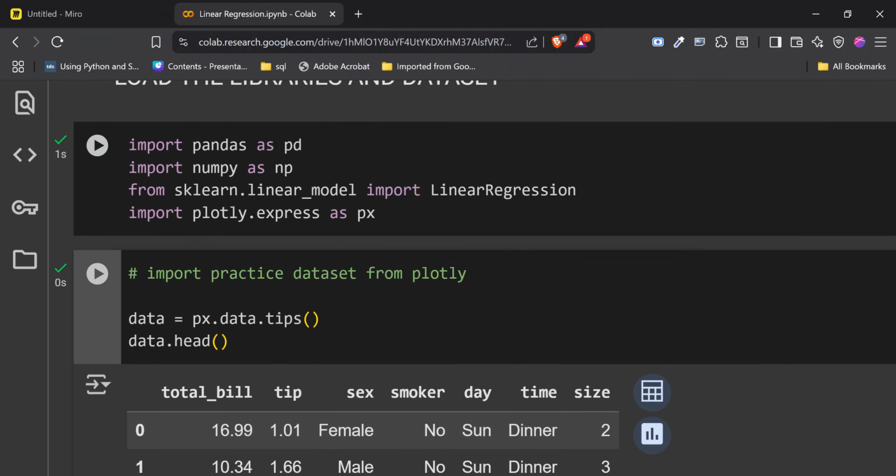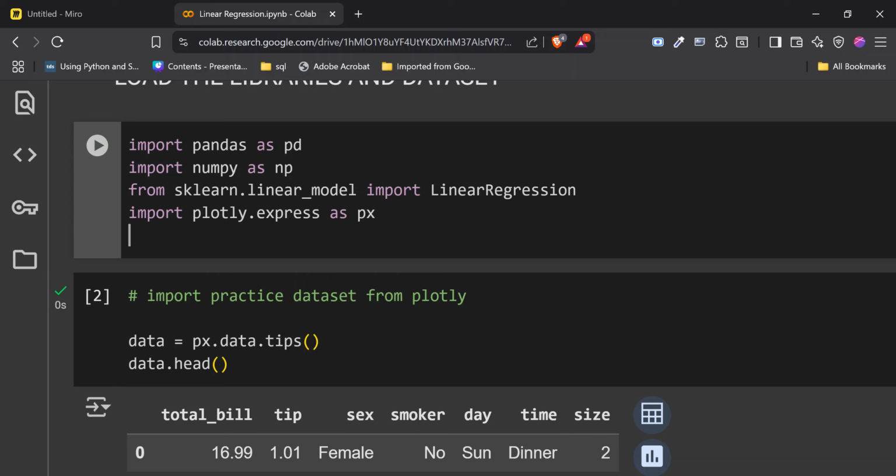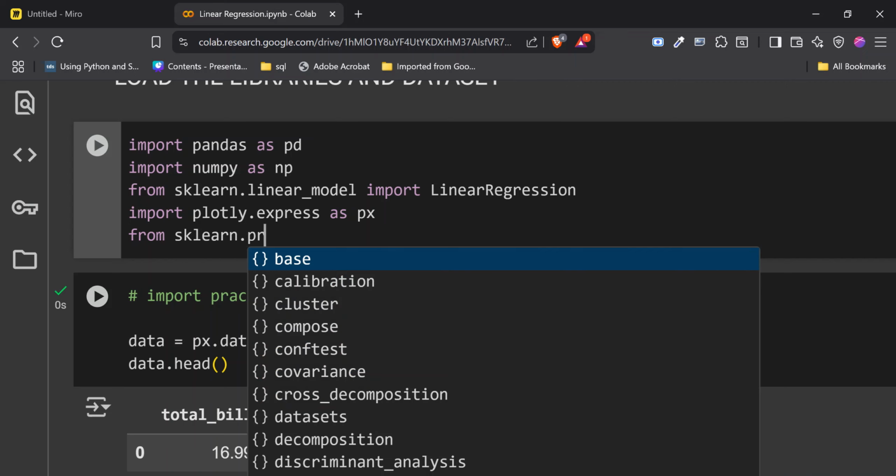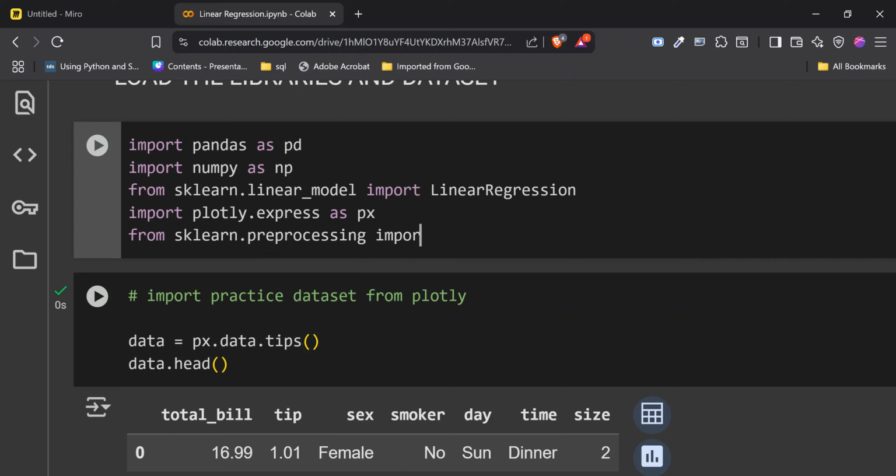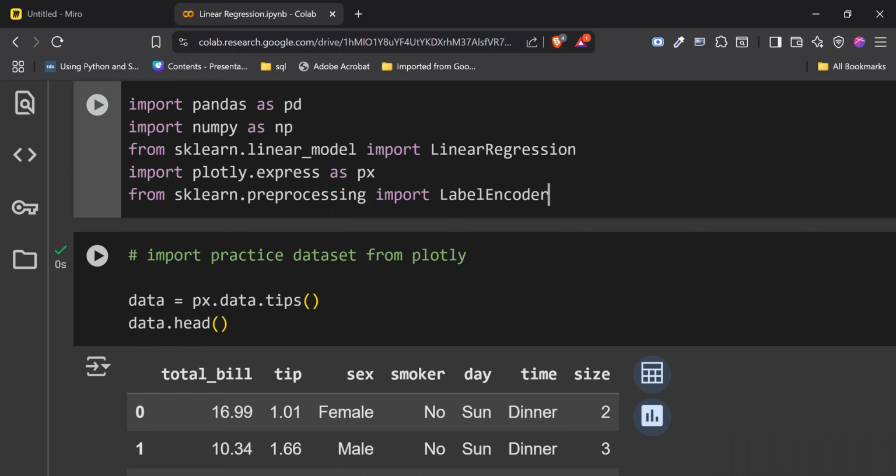We are going to do it with, I mean, you could do it with something like list comprehension. If you don't know what list comprehension is, you need to revert back to Python basics. There's a playlist on this channel on Python basics. But what we are going to be using is a module from Sklearn called label encoder. So I can say from sklearn.preprocessing import LabelEncoder, not label binarizer, label encoder, right?